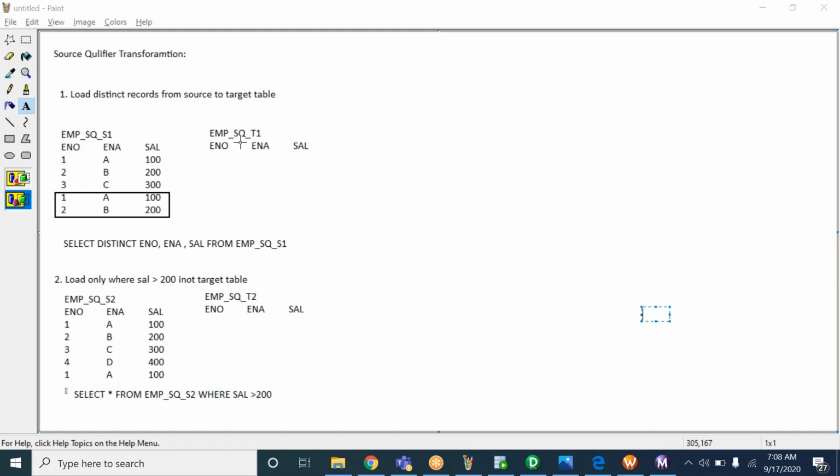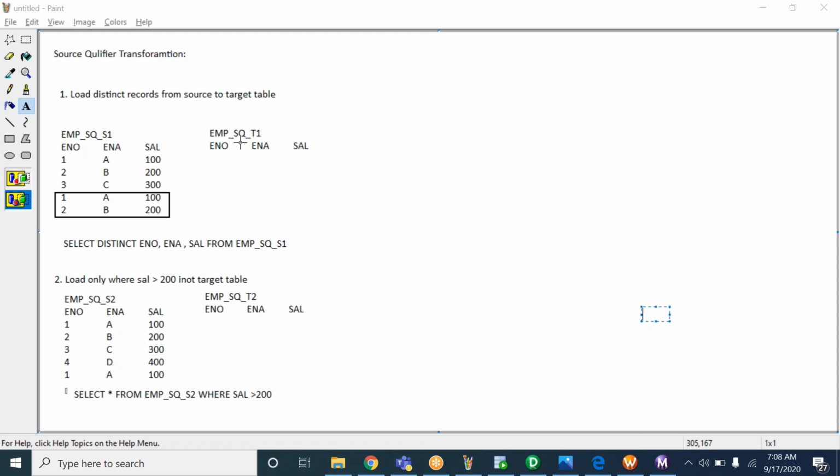So the data in the target table keeps changing on the basis of the SQL that I'm applying, right? Exactly. Whatever SQL you write there, the data will change based on that. In the first example we are selecting distinct, but in the second example we are not selecting distinct. As per the business requirement, we want to load the records where salary is greater than 200. So the source table is permanent, and the target table keeps changing according to your requirement. Yes.